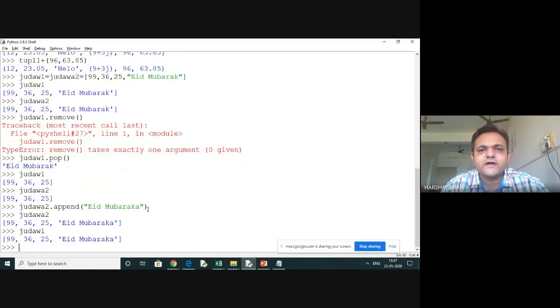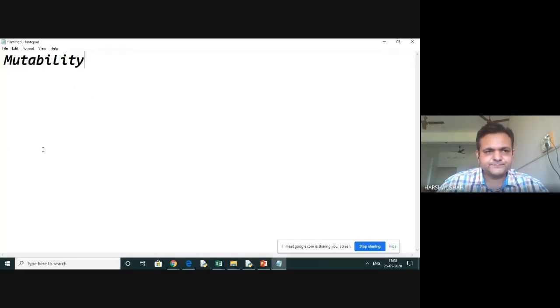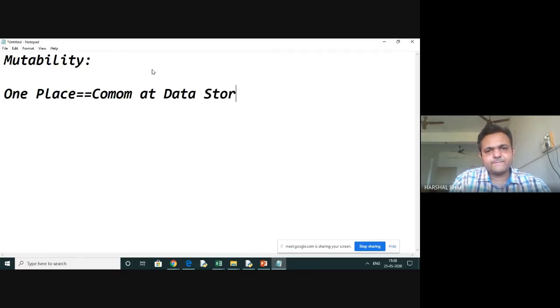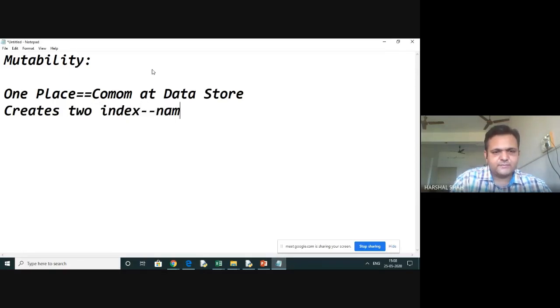This is called mutability, and this you will not find anywhere in any other programming language. This is actually making one place which is common at the data store, that creates two indexes, you can say names.